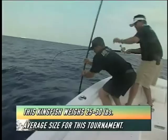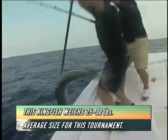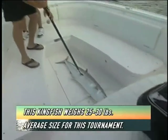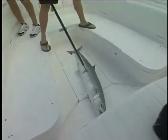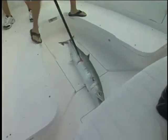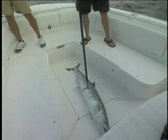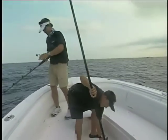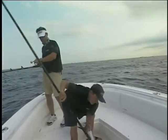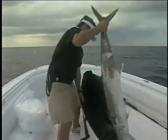Wow. Made a nice little run, chased it down, got it next to the boat, stuck it, threw it in the boat. Good fish. Good fish. Too bad it wasn't on the first day. We needed that one the first day, but you know, a fish is a fish for us. Fun fight. Wasn't a very big fish, so we got on top of the fish fast. And this kind of type of fishing, you get on top of it, get it in, get the baits out,